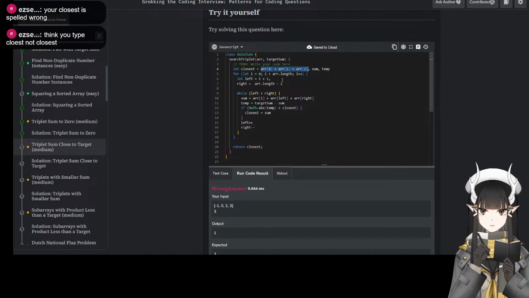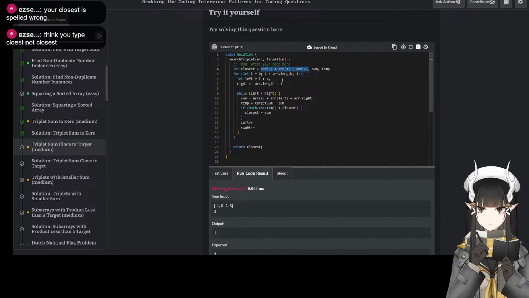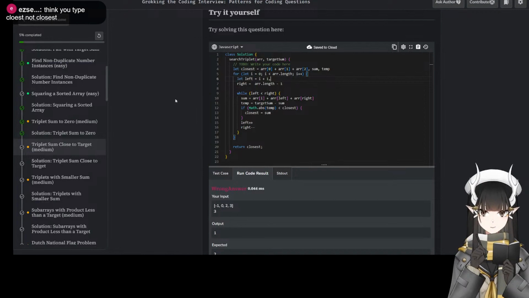And this definition is not good. Closest should be sum, and we're looking for target.